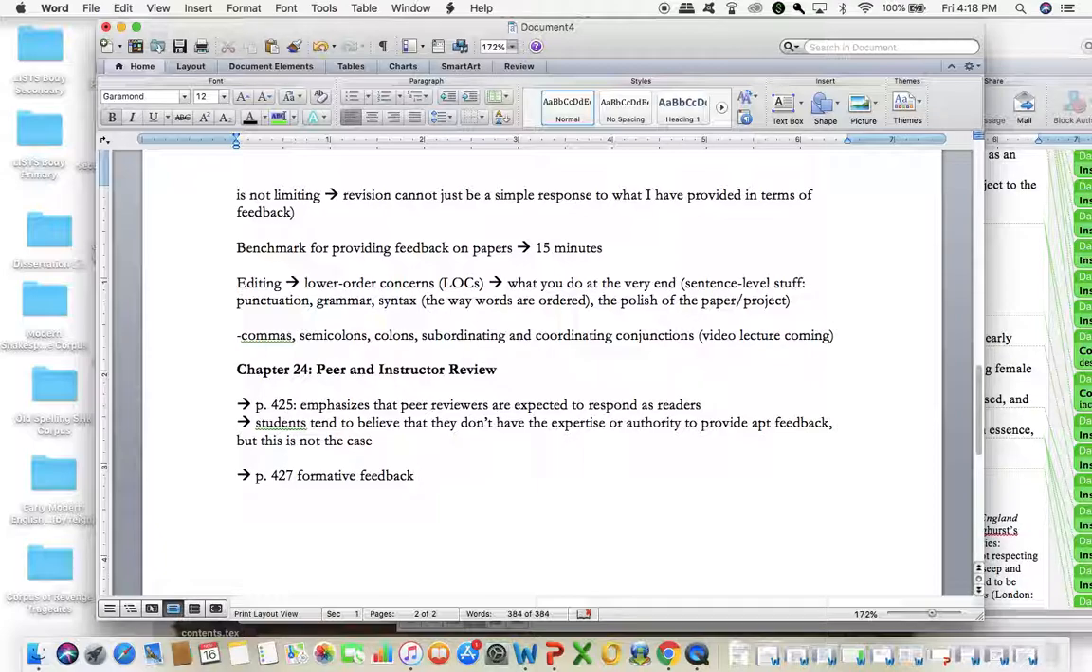But the formative feedback is really the type of feedback that I try to provide, because this has to do with feedback in the form of questions rather than statements. Statements tend to not be considered the most valuable type of feedback. And then descriptive remarks,